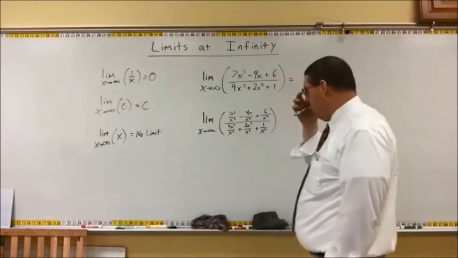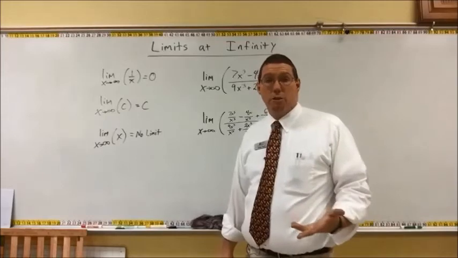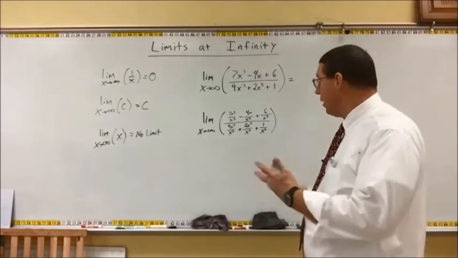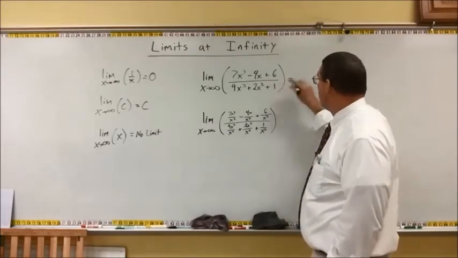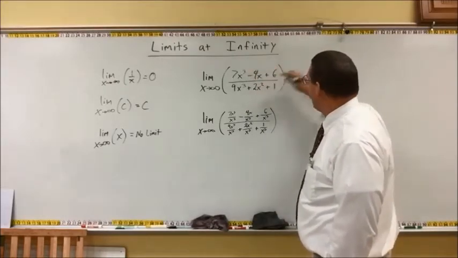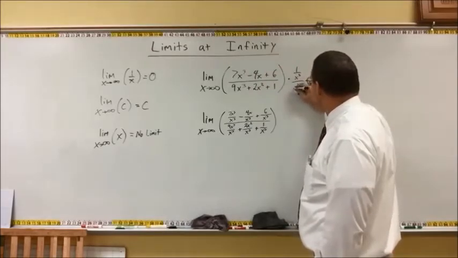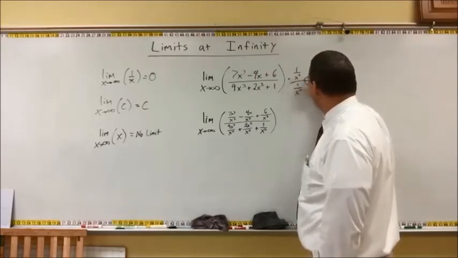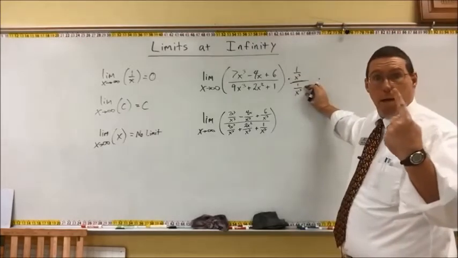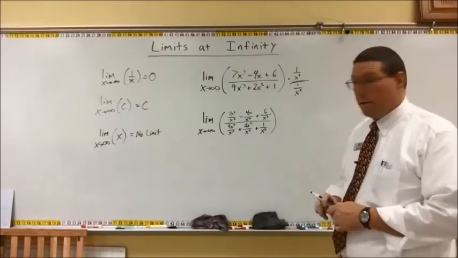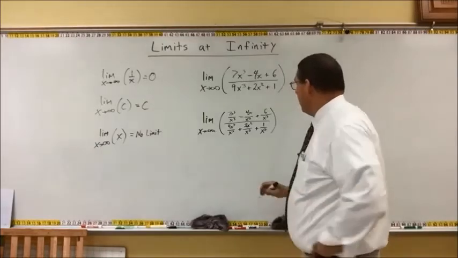We have divided all of the terms by x to the 3rd. And it is algebraically legal to do that. What we're basically doing is multiplying the top and the bottom times 1 over x to the 3rd over 1 over x to the 3rd. And 1 over x to the 3rd divided by 1 over x to the 3rd is equal to 1. So this is an appropriate manipulation. Okay? All right, so now, here,